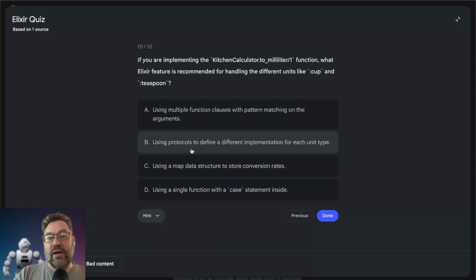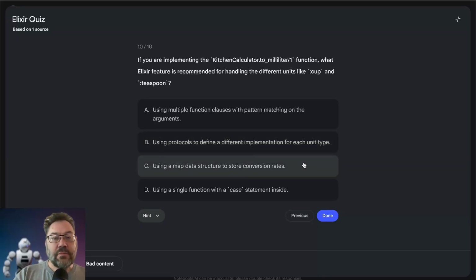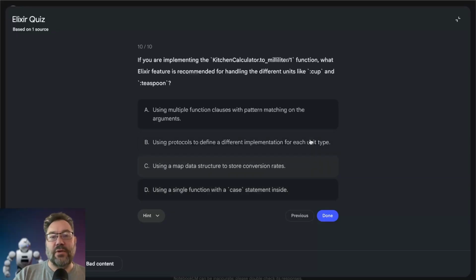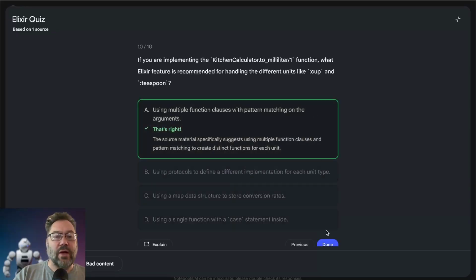Protocols. We have not gotten to protocols yet. Map is a different kind of data structure in Elixir, also very common. We'll get to that later. And a single case statement. Well, we saw the cond statement in previous exercises, but that's also not what they're looking for. They're looking for a